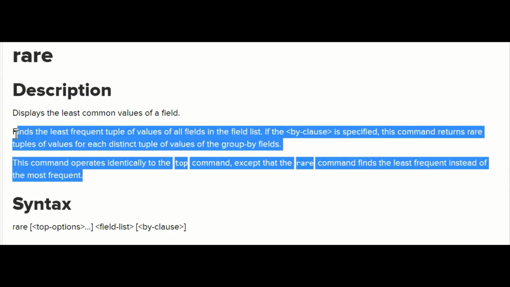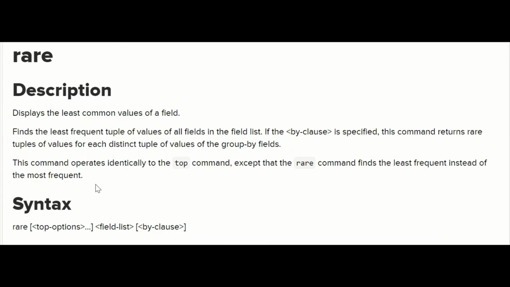All the options and functions which we have seen in top, we can use in the rare command. So you can practice with your own data and use the same fields and options which we have used in the top command.